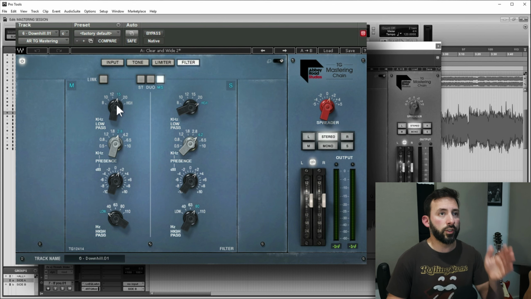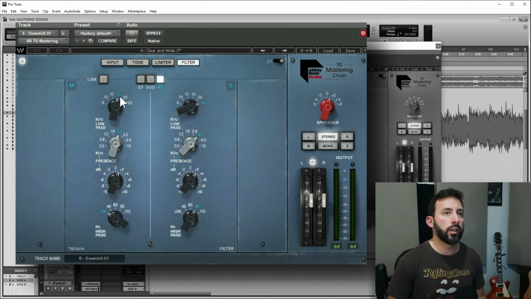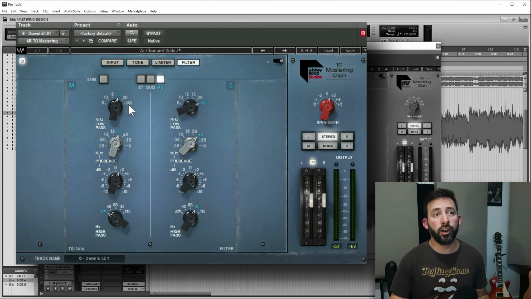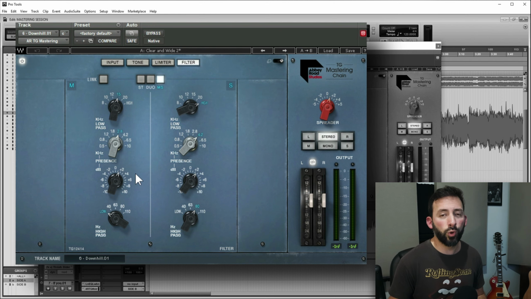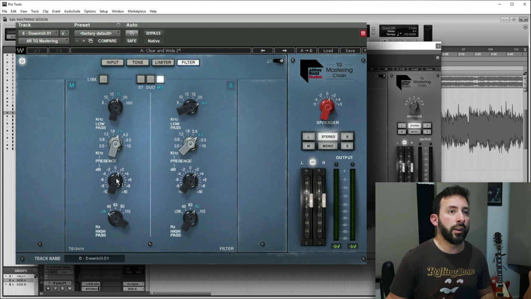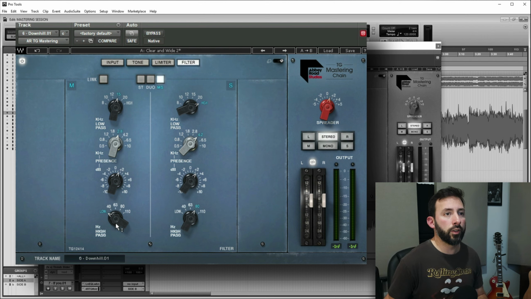On the middle, on the center, I'm taking down with this high shelf at 15 kilohertz, which might seem like a lot, but again, this is a very, very subtle plugin. It's difficult to overdo it. So I'm taking everything from 15 kilohertz just down. Then I'm adding a little bit, 1.4 dBs, on 2.8 kilohertz. And finally, I'm not using the high pass at all.